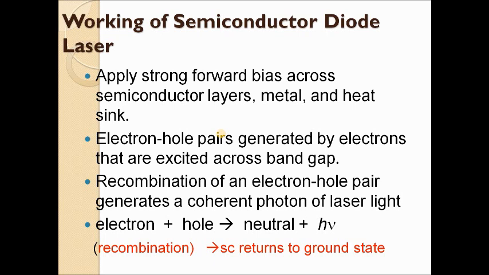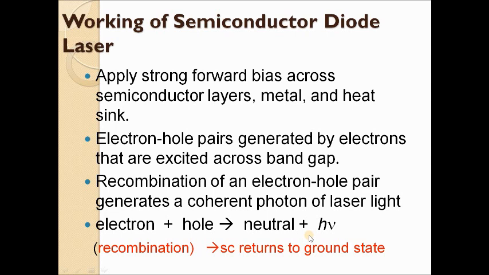When the forward bias voltage is increased, more and more photons are going to be emitted, and these photons will trigger a chain of stimulated recombinations, resulting in the emission of more light photons which are always in phase with each other. That is, an electron and a hole will always recombine together to produce a photon of energy equal to h nu, and this photon is responsible for inducing another laser action.